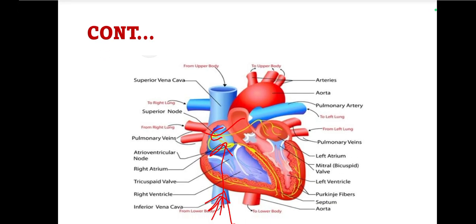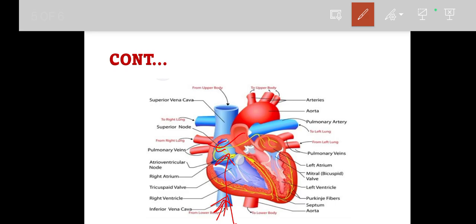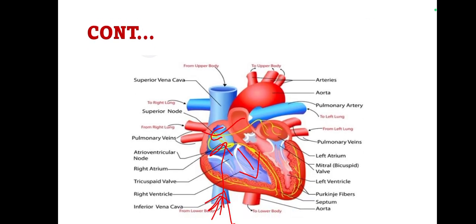Okay. So all the blood comes into the right atrium, so the valve that is called the tricuspid valve opens. When it opens, all the blood comes into the right ventricle. When it fills, the pulmonic valve that is present at the opening of the pulmonary artery